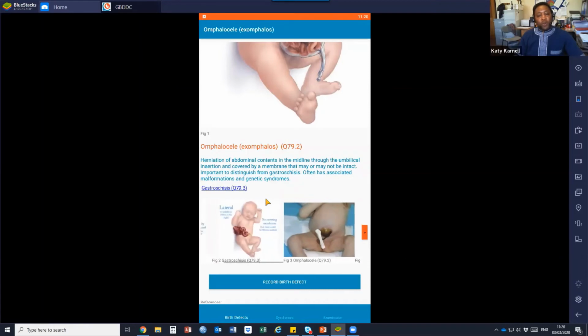I also want to call your attention to this dark blue link, which indicates that there is a similar anomaly to this one. Each time you see this dark blue link, be sure to click on it and verify whether the abnormality you are seeing is what your baby really has. So I'm going to click on that,